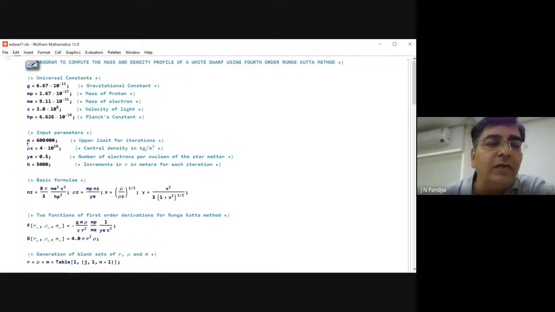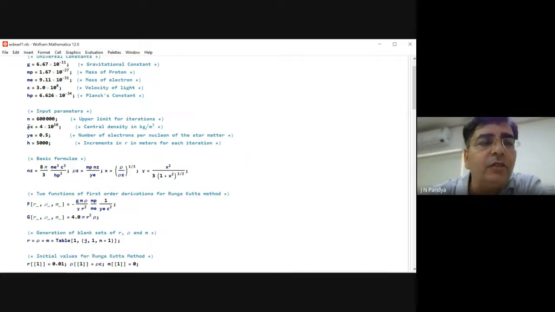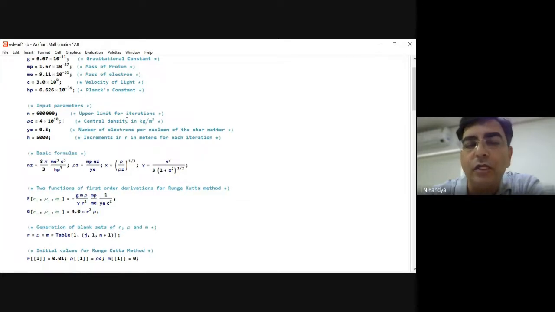Then we are defining what is this thing. You can see here that I can even write rho c here. There is no issue. You can use symbols for your variables, for your functions everywhere. What is rho c in this particular case? We have tried to make this code as readable as possible, right? So when we are giving this thing, obviously, what is written in the comment here? If you want, I can share this code with you. It is actually working code for the white dwarf system.